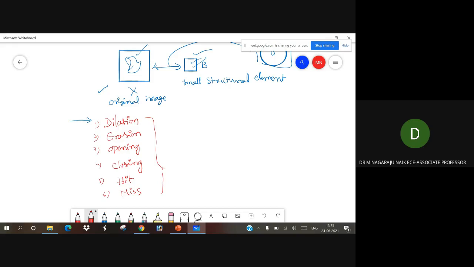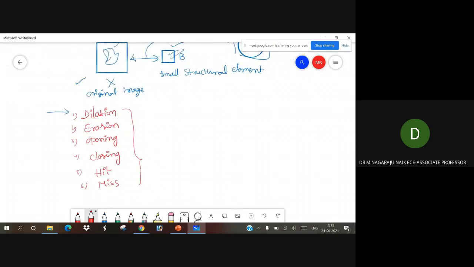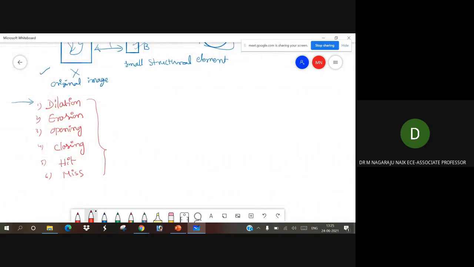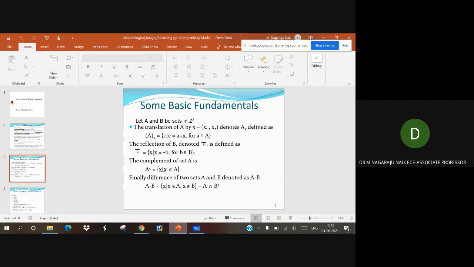Okay, now coming to these systematic operations, first we'll consider dilation. So what is meant by dilation? These are all the fundamentals; just now we have discussed these things.